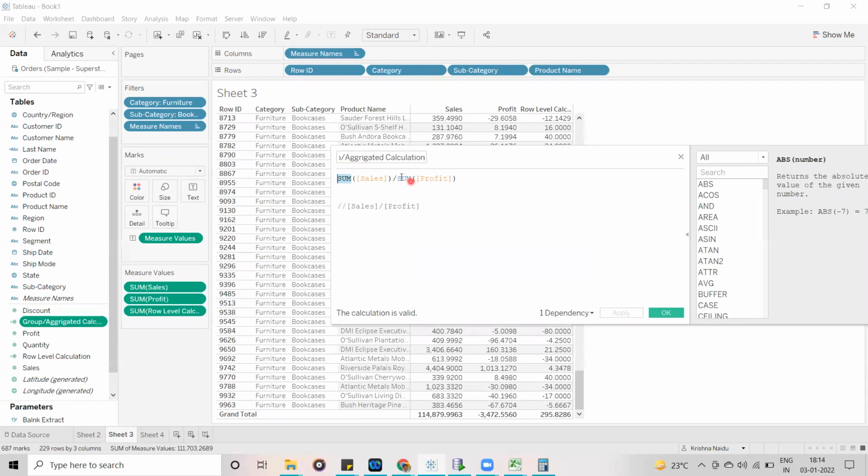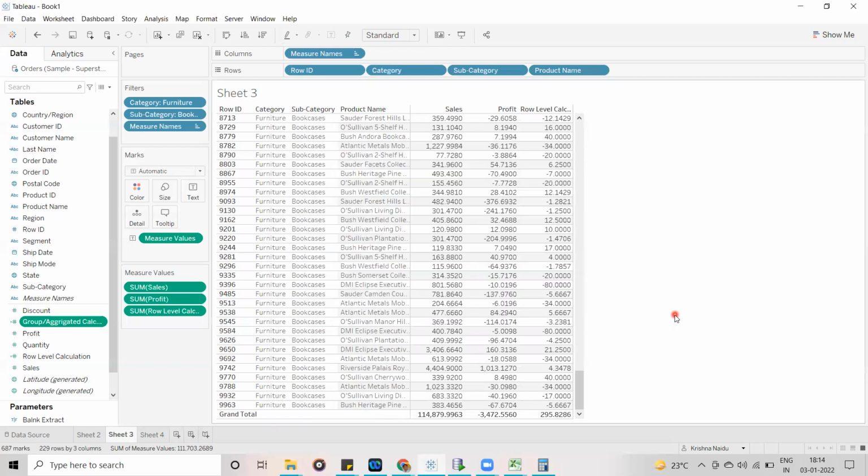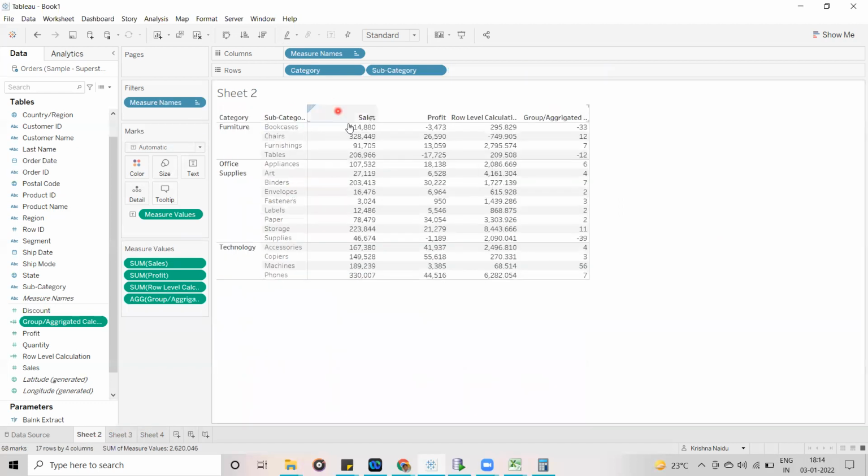Whenever you use sum, the granularity in the visualization level, whatever granularity you are using, the calculation is automatically performed based on it. Meaning these group level or aggregate level calculations are performed on the visualization level, not on the data source level.